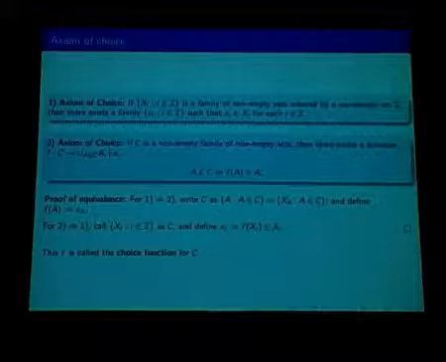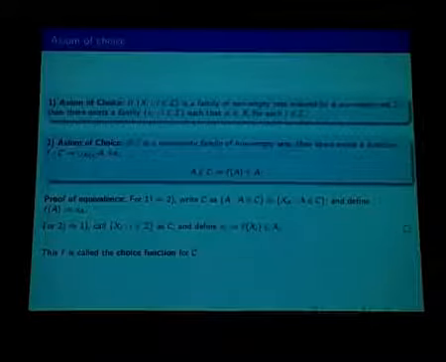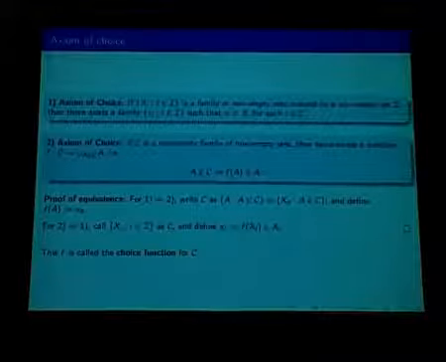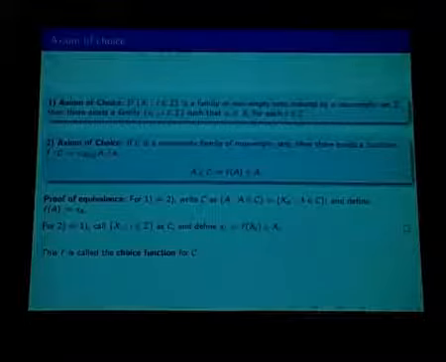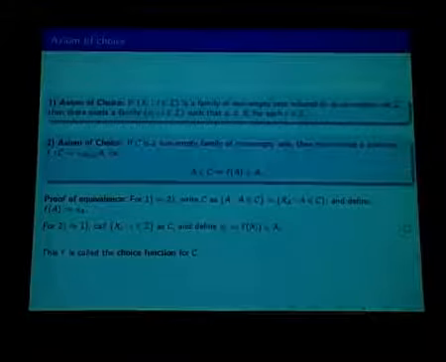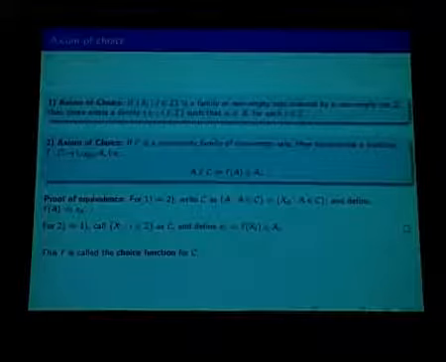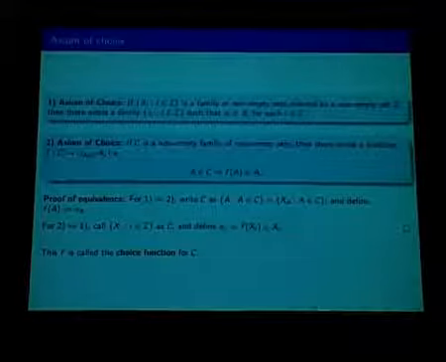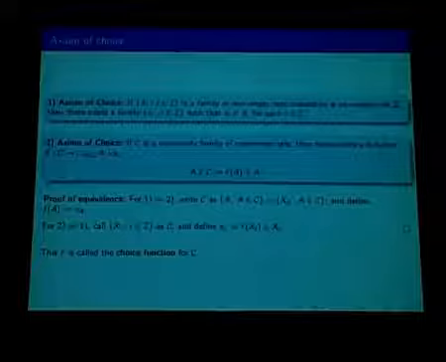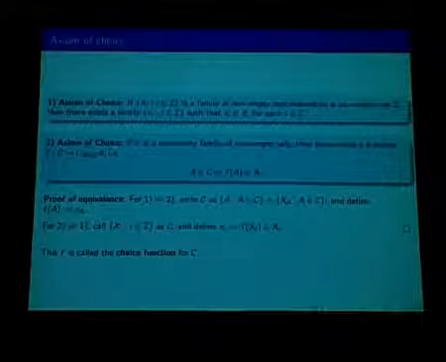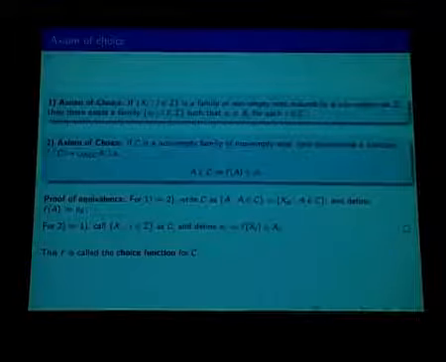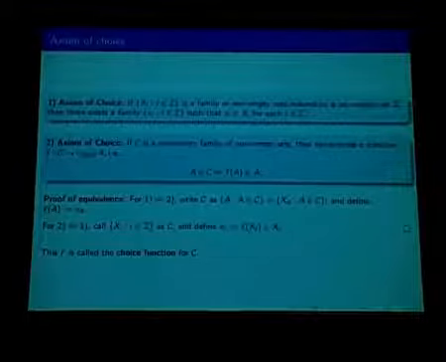And why does 2 imply 1? So now we know 2 and we are given that family. So call that family C. Now we need some small x_i's. So what is the obvious choice? f of capital X_i, which is inside capital X_i. See, when you come to think of it, these are really very intuitive, very obvious things to say. But actually writing them in the language of mathematics is what brings in the challenge. So this f is naturally called the choice function, because this function f is really allowing him to choose from those sets.